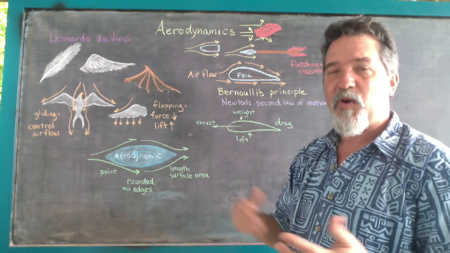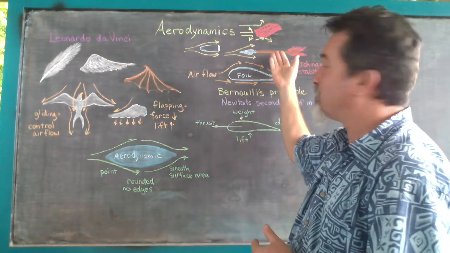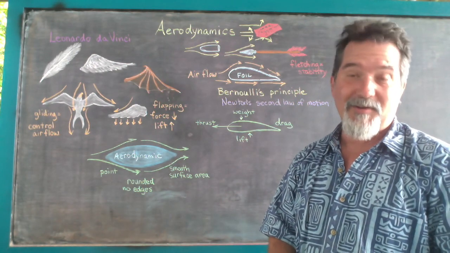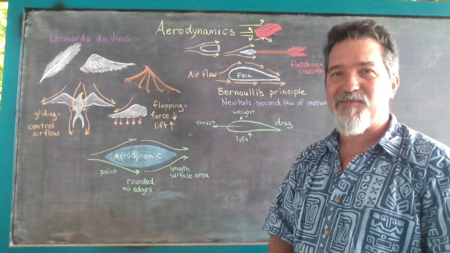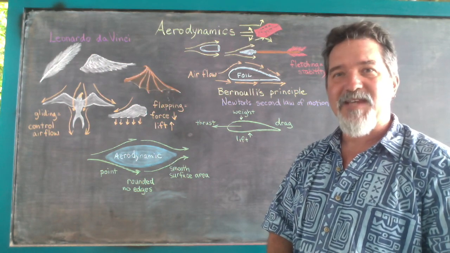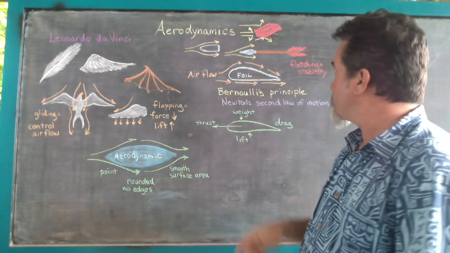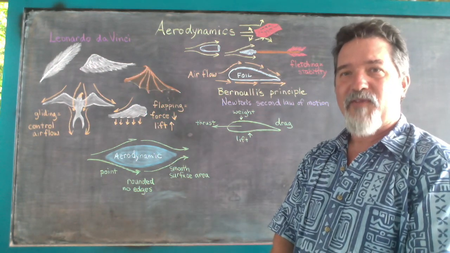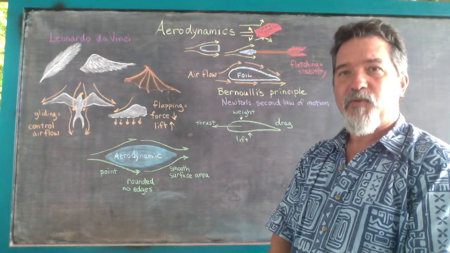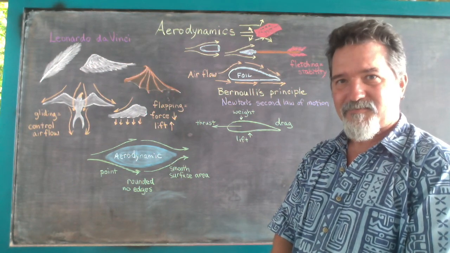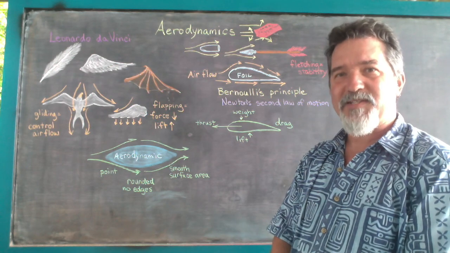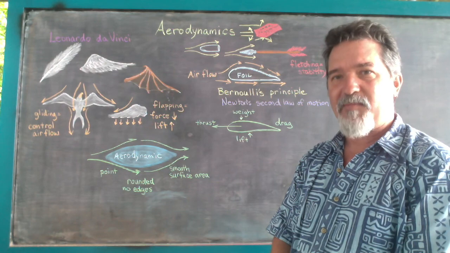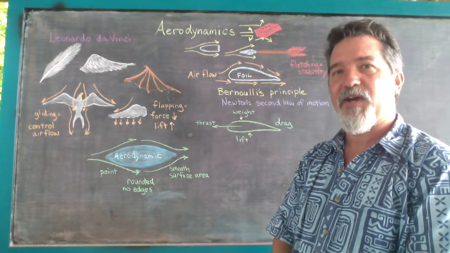Well, before bullets, of course, people had figured out how to make an arrow, another very aerodynamic object that even shares the word. An arrow takes us a step further because an arrow also includes the idea of adding fletching, or the feathers at the end of an arrow, which of course give it stability. Now, many objects as they move through the air then are going to have a very, very similar shape if they're going to be successfully aerodynamic.